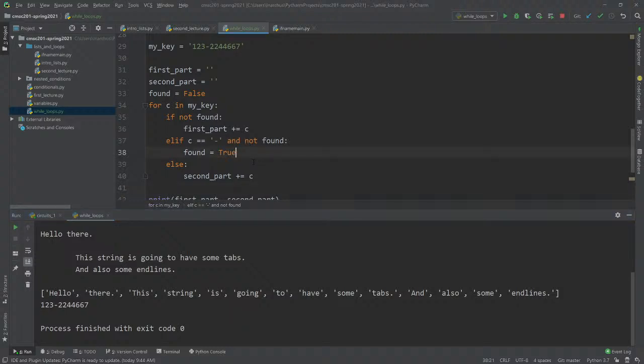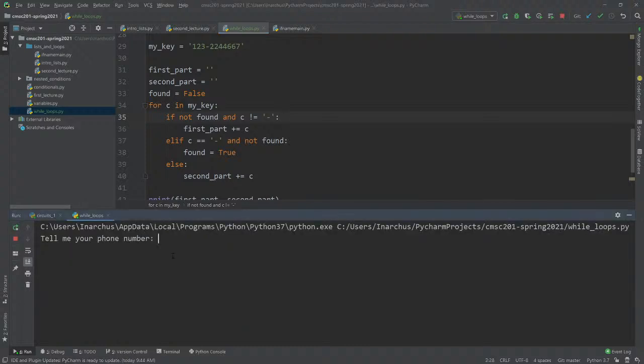So if not found, did it work? Did it print? I'm not sure. I think that this thing, let's see. There we go. Oh, crap. There we go. That's a problem. Alright, so,